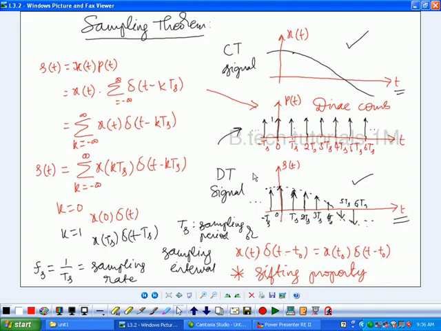And according to the sampling theorem, any continuous time signal that is band limited can be represented by the samples that are taken at the rate of fs. And from the knowledge of these samples, we can reconstruct the original signal back by transmitting the sampled signal through a low pass filter. Okay. Now we see how we can do this.